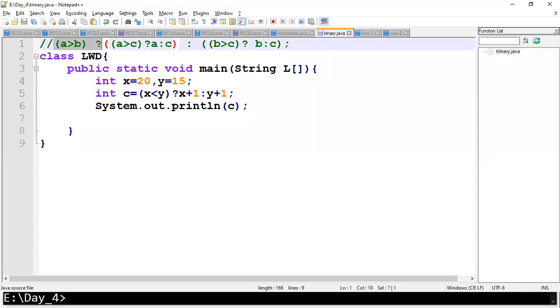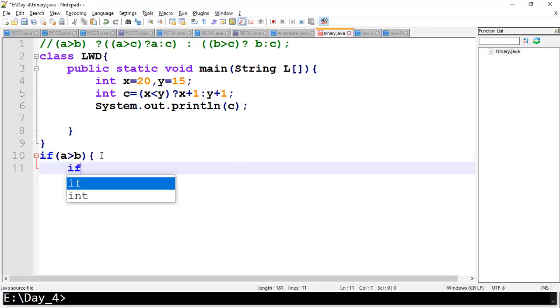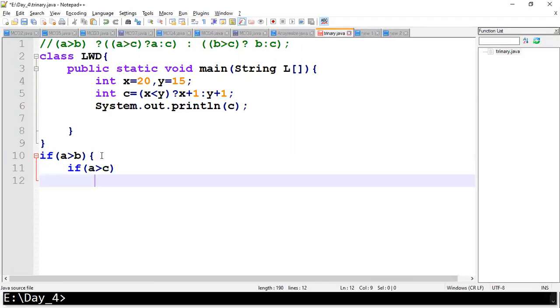I'm just finding the greater of 3 numbers. Okay, so let me check. The first condition is what? If you'll be checking, what is the condition you are supposed to follow? If a greater than b, then you have to go ahead with one part. Again, if a greater than c, if both are the same, then you will be going with greater equal to a. Else, what you guys will do, else part